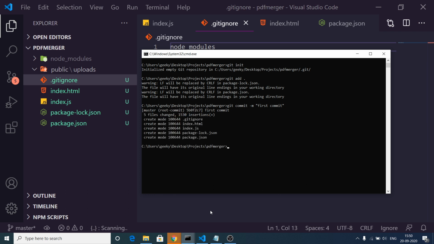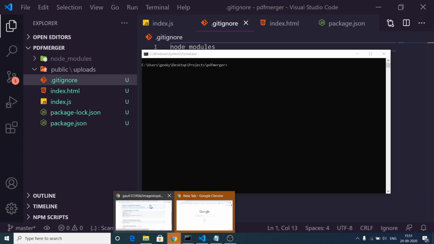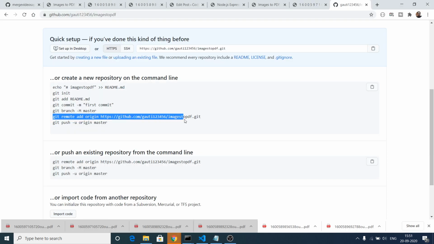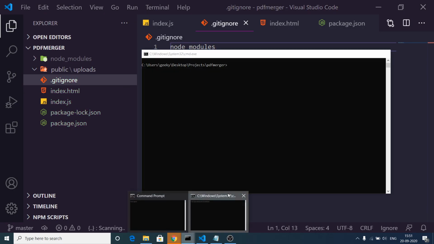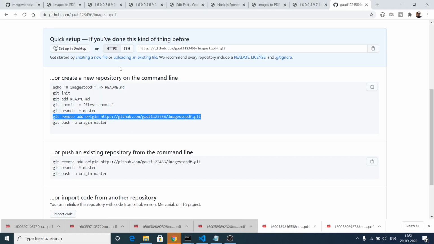So it will commit all the files except the node_modules folder, and then we need to copy and paste our remote origin command from here. So this will be different for you. Simply paste this command, and lastly git push -u origin master. Oh, I made a mistake here. Sorry, I need to write git here. So git push -u origin master. This will push all your changes to your master branch, which will be reflected once you refresh this page.